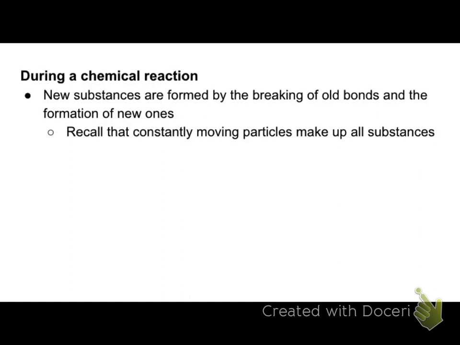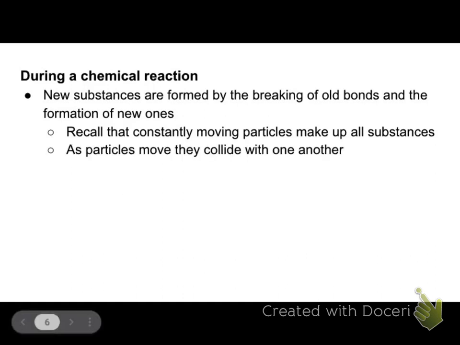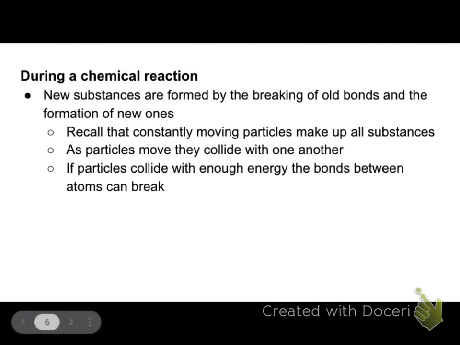Even in solids, the particles are vibrating in place, so they are always moving. If those particles bump into each other, then they have a possibility of a chemical reaction taking place. Okay? But there has to be enough energy in the collision to break the bonds in order for a reaction